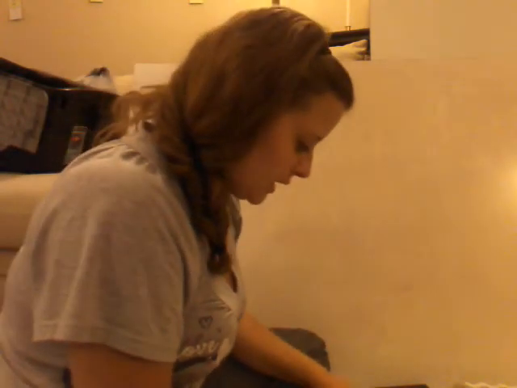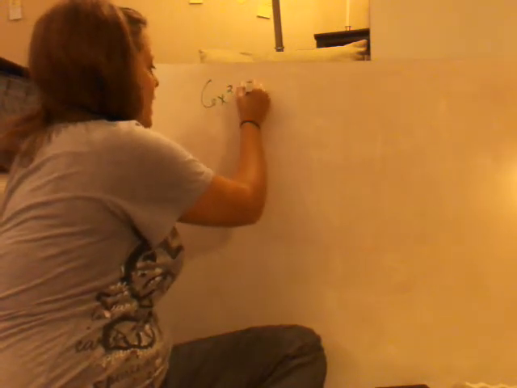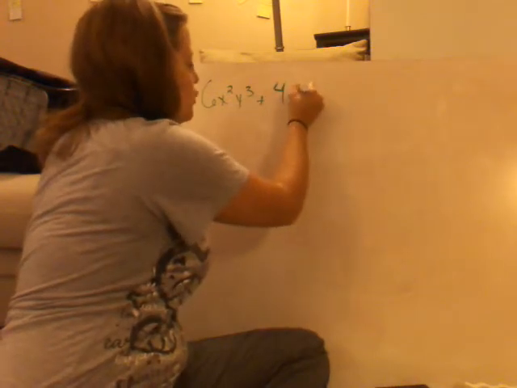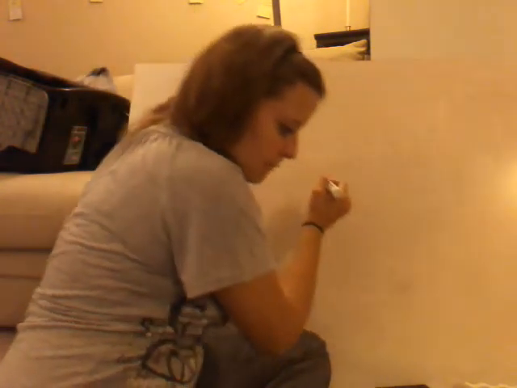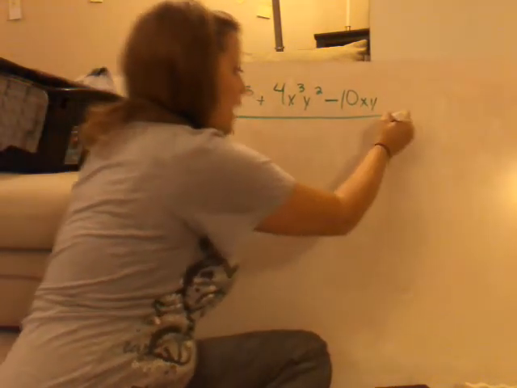Okay, so now I'm going to bump this up a little bit, because what I like to tell my class is in math you learn the basics, and then you just bump it up. Like you add higher numbers, you add more variables, you add, I don't know, pizza. Okay, so I'm going to use an equation in the book so I don't mess it up. So I've got 6x squared y cubed plus 4x cubed y squared minus 10xy, and this whole thing is divided by